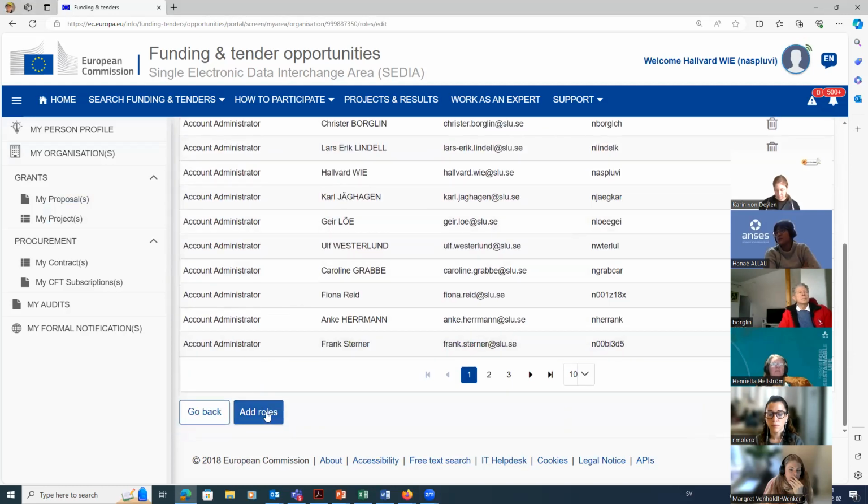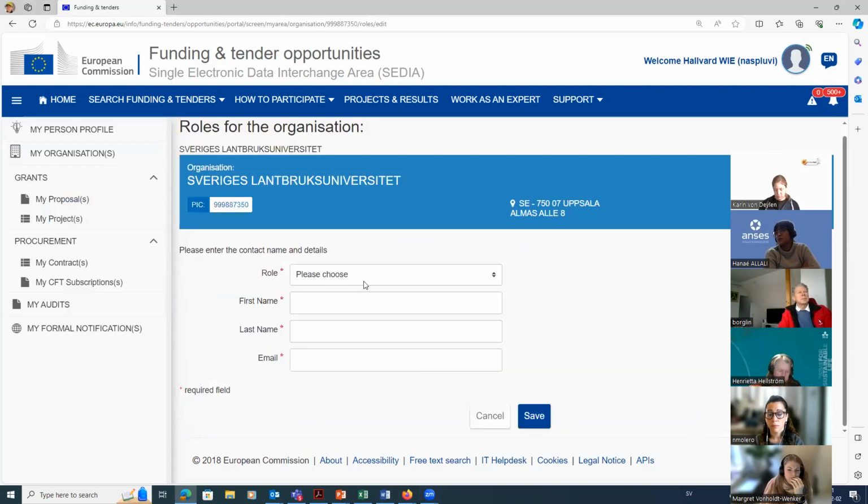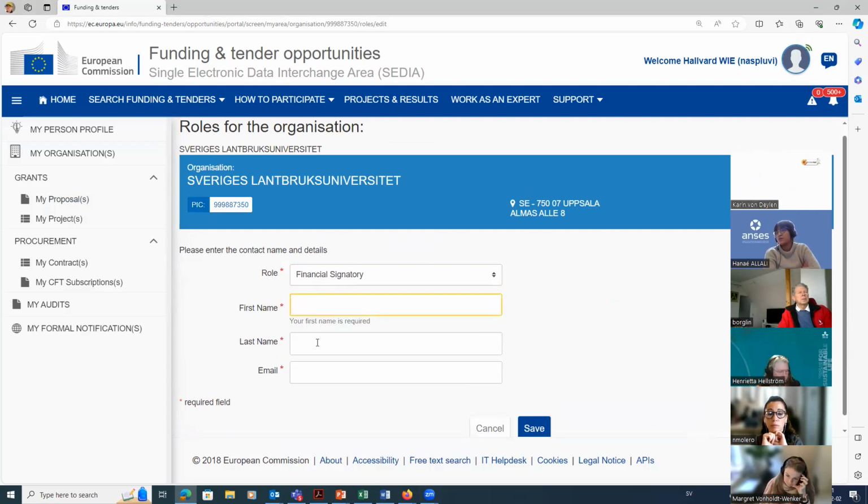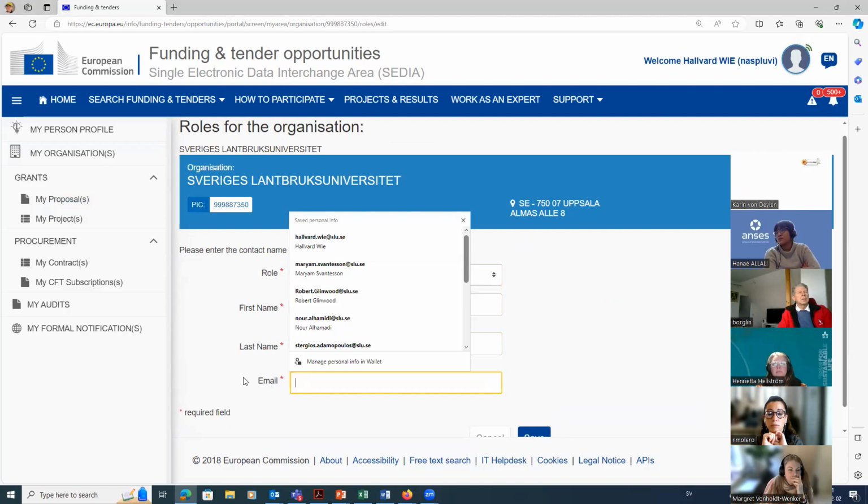And then you will click on Add Roles, and then choose the role, which is financial signatory. You will here add the name and the last name and the email of the person who will be acting as